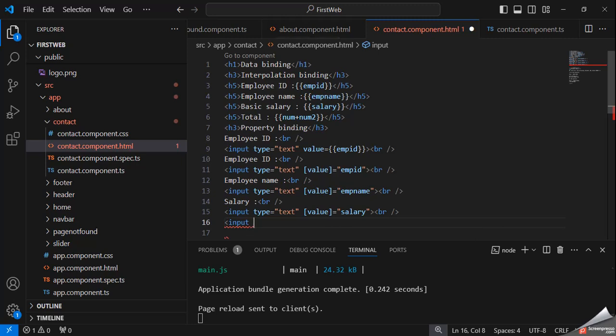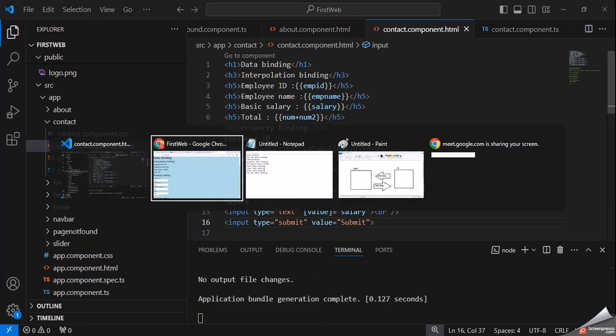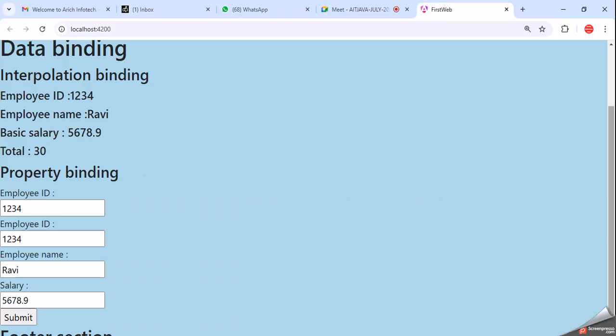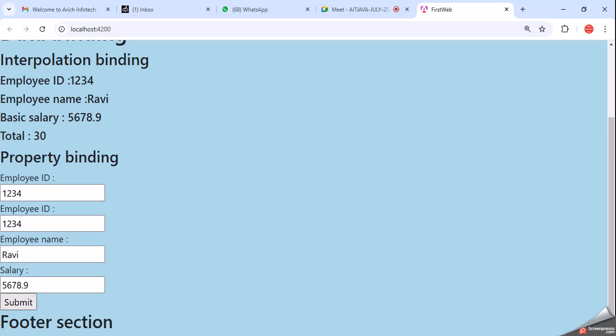Input type is equal to submit, and value is equal to, we can specify any name like submit. Okay, no problem, save with control S. After that you can see there is a submit button.